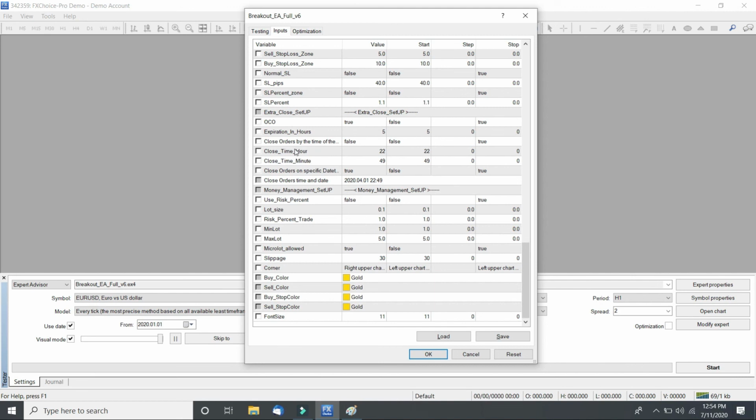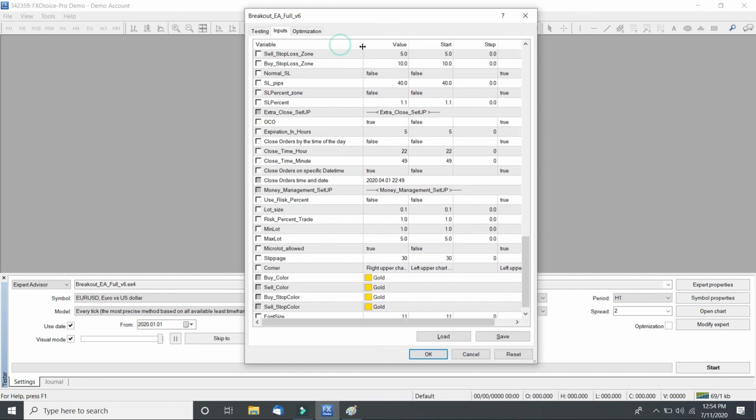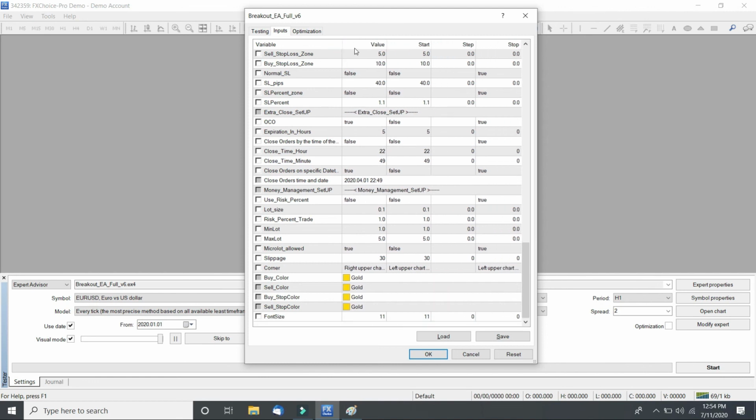This function right here, close order by time of the day, meaning if you don't want your order to run through if it hasn't hit the target yet, you want it to close by, let's say, noon, you want it to close by 2, you want to close it by end of the market, whatever. So you can do that with selecting true instead of false, and place the time you want. Okay,